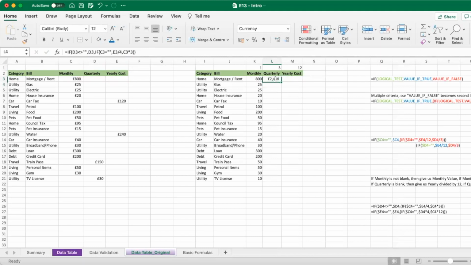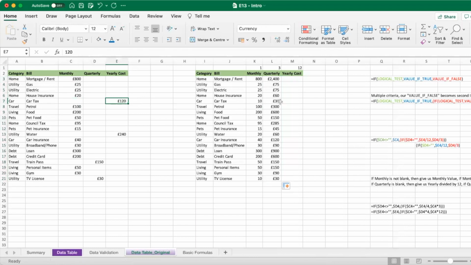So 2,400, and that is our 800 times by 3. And again, if we pull this all the way down to the bottom, we can see where our monthly and our quarterly are blank. It's used our yearly cost